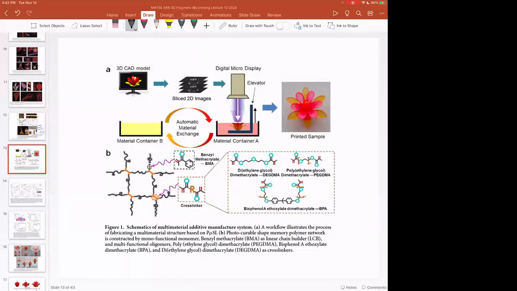So this polymer now is showing a couple different ways that this stimulus can be used in order to integrate two different materials into a final structure. And this actually uses stereolithography, or digital microstereolithography. And so they're using this DMD. It's usually not digital micro display, it's usually digital micro device. But anyway,